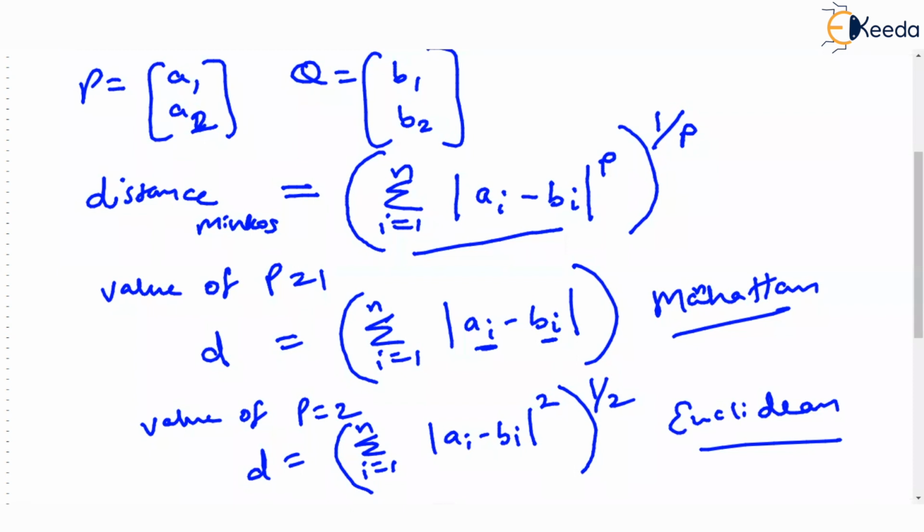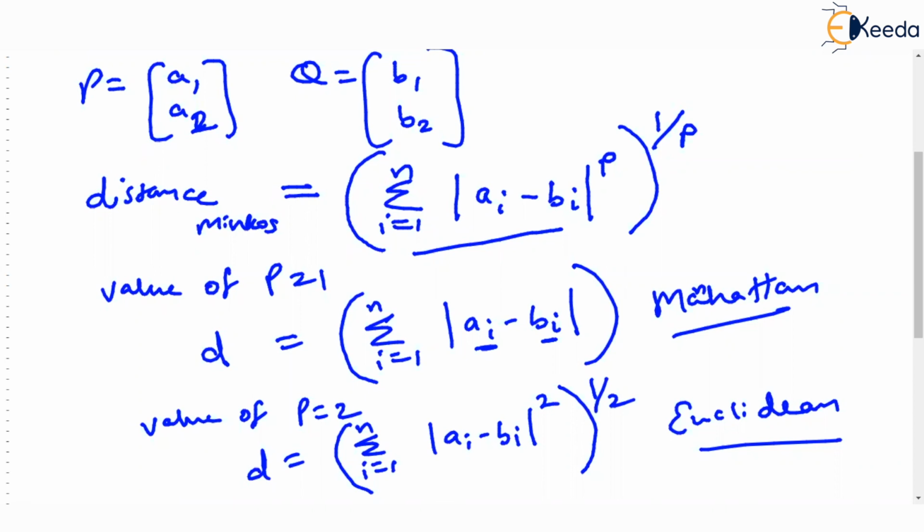But the point is, what the Minkowski formula says is that when you are implementing KNN and you want to find out the distance, then you take P of your choice. That means if you take P as 3, then it will be some other kind of distance. It will be neither Manhattan nor Euclidean. Don't ask me what distance it will be, but it will represent some value. And for the nearer points, that value will be smaller. For the farther points, that value will be larger, because it is after all a distance. Who has stopped you? Keep P as 6, 7, anything.